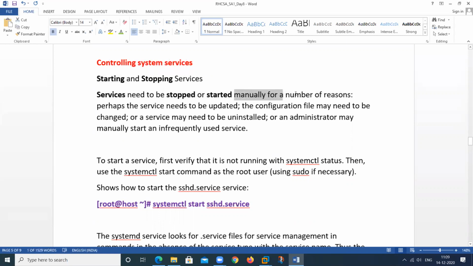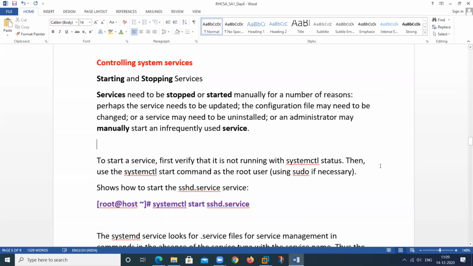If we want to manually start any service, if we make any change in the configuration file of any server, we should start the service manually. So by using this particular command, we can start any service manually.